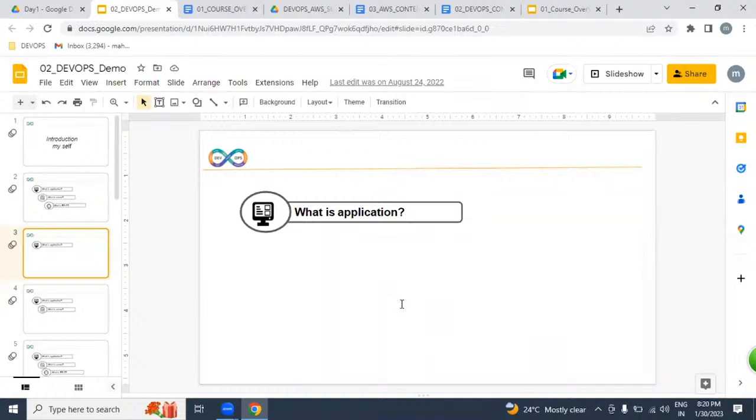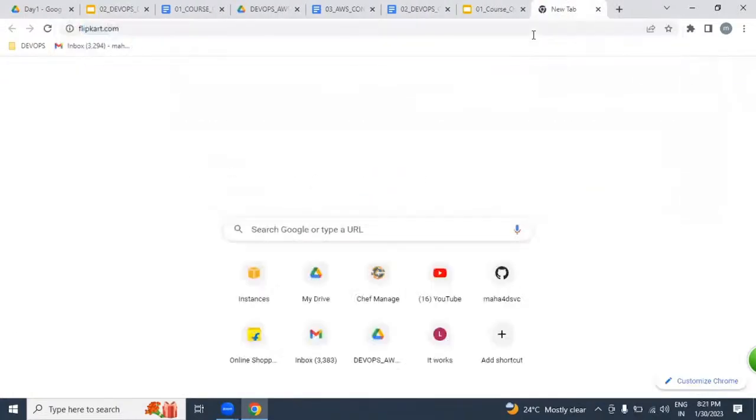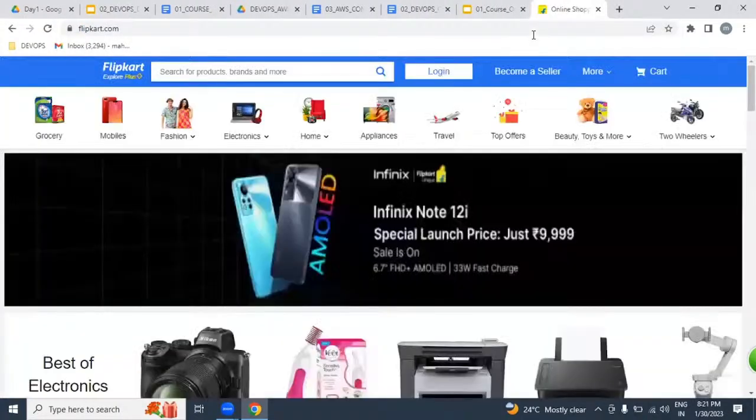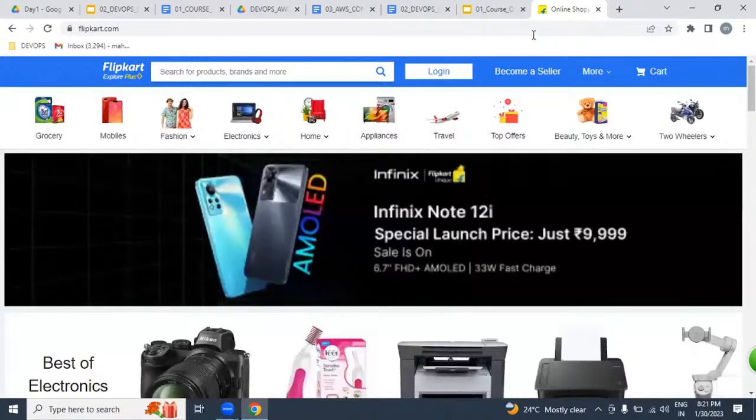Application is equal to website, like Flipkart, Amazon, Book My Show, Redbus.